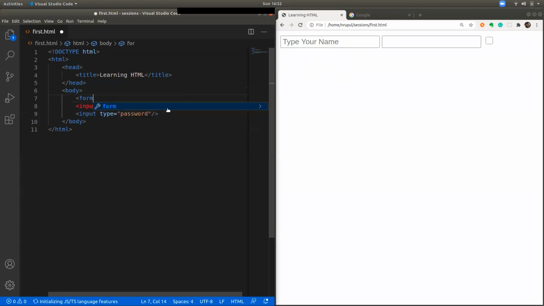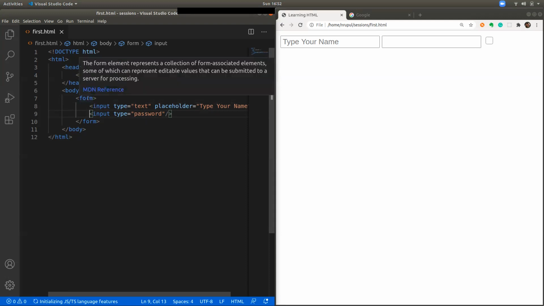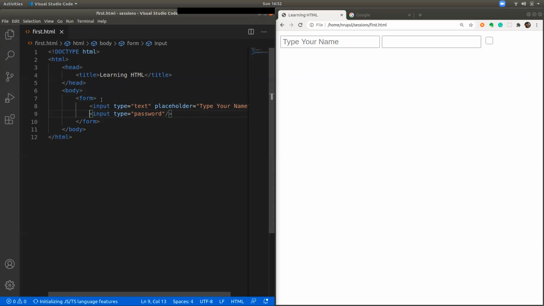So what does form do? Form is a collection of inputs, because when you want to send to the server, you want to send a particular number of items to the server. So in this scenario, you want to send your username and password. Both these inputs should be put in a form, so that they are combined together and sent to the server when you are sending it.